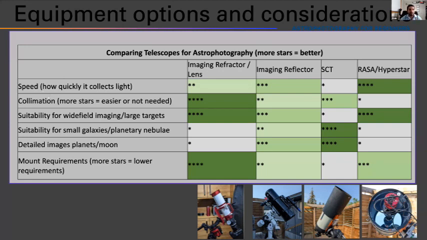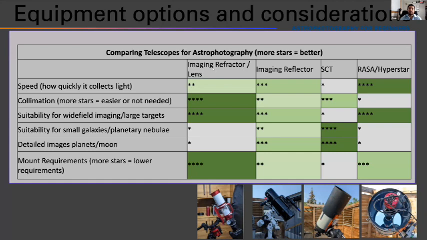Now, in my experience, collimation is one of the main considerations, especially for anyone who is setting up and taking down their scope fairly often. If you never move your scope, you can just collimate it once and leave it in your observatory. But for most people, they try to take their telescope to a darker site, or they tear down and set up from scratch every time. So for that reason, I thought collimation would be important to put in here.